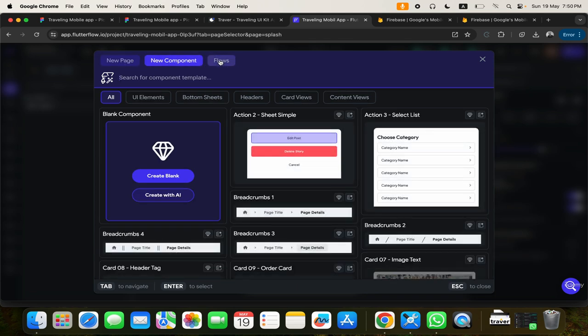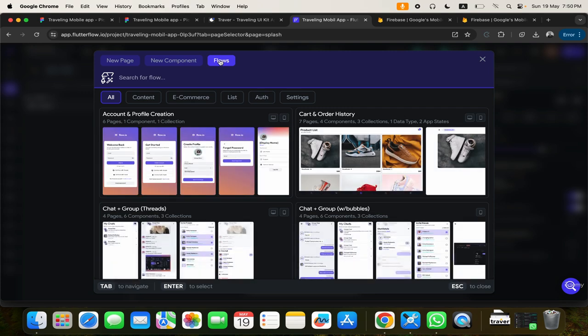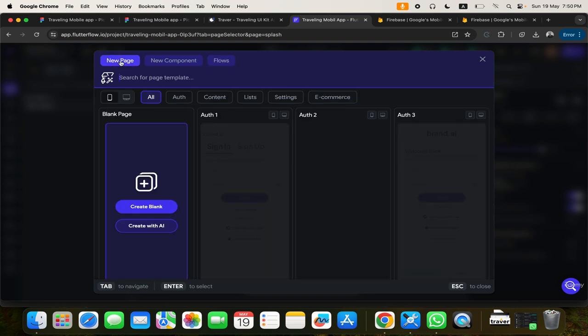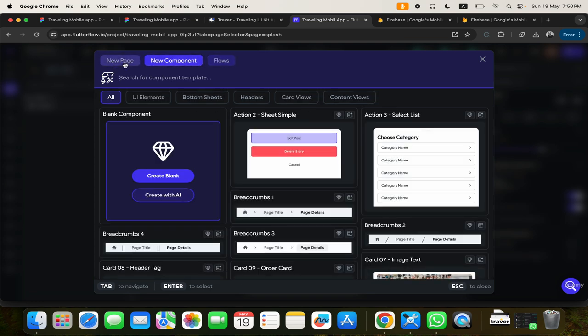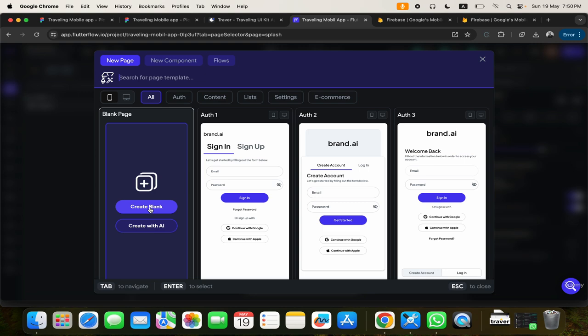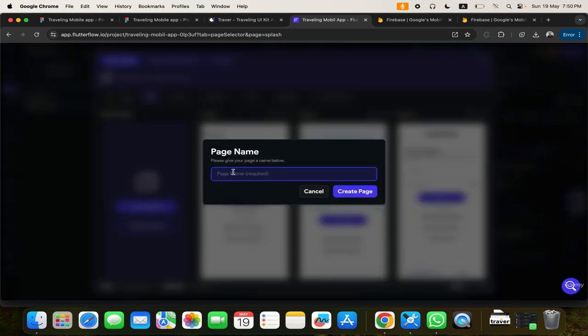Well, this particular feature is not up yet. Okay, it's up. All right. I've actually not used it yet, so you can actually get to create new flows. I've used new page, new component. I haven't used this yet. FlutterFlow is amazing. All right, so let's go ahead and click on create blank, and we will call this page